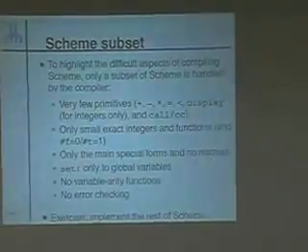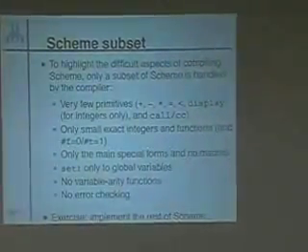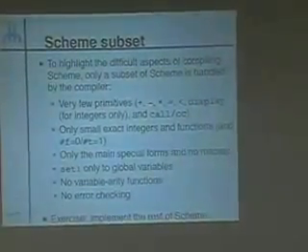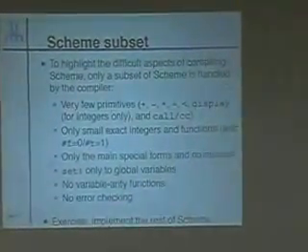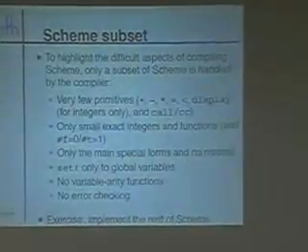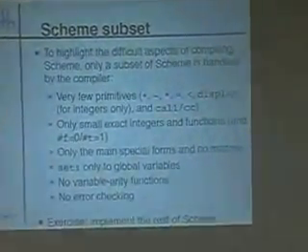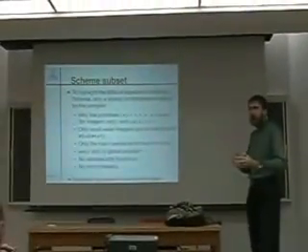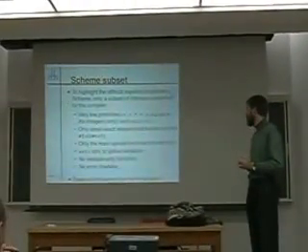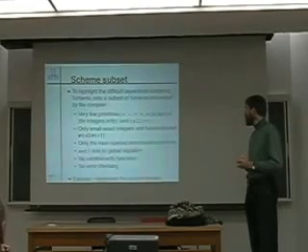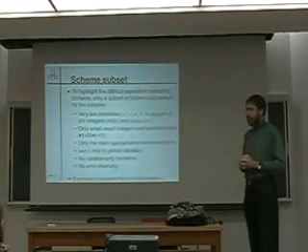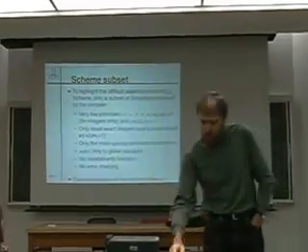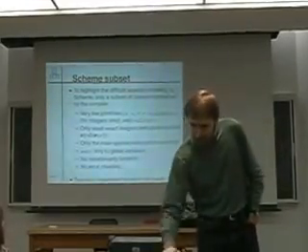Only the main special forms of Scheme are implemented. There are no macros. Assignment can only be done with local variables. Doing assignments on local variables actually adds another problem, which is actually quite easy to solve, but doesn't fit in 90 minutes. No variable arity in functions and no error checking in the compiler. So the exercise is to implement the rest of Scheme with this, once this is done.